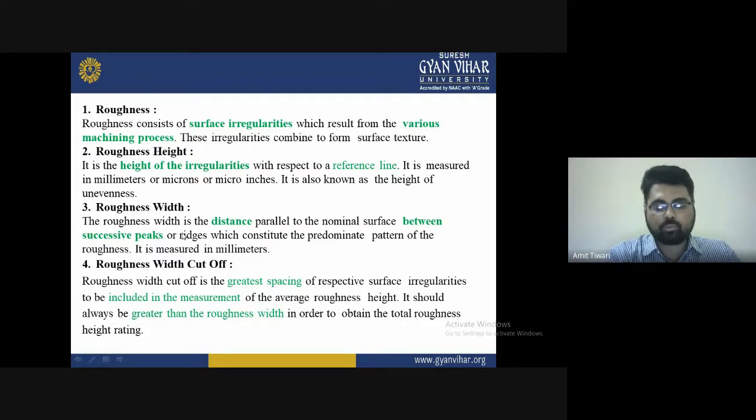The profilometer is used to maintain the quality and the surface structure. If more machining operation is done, it will increase the power, and the process will consume more time. So we reduce the power, which will increase the surface quality by increasing the speed. So these are all terms: roughness height, roughness width, and cutoff. These are the responsible factors, very important terms to understand while you are studying surface roughness with a surface tester.